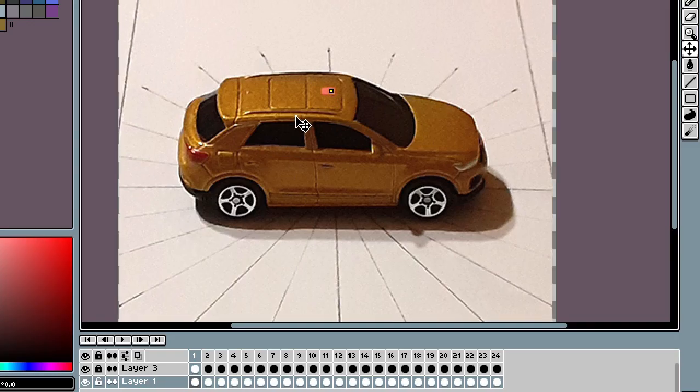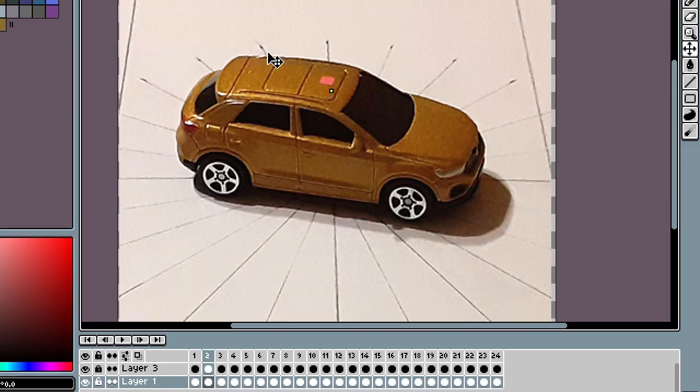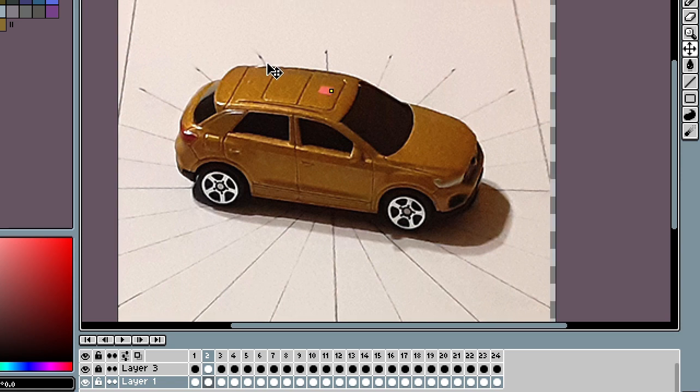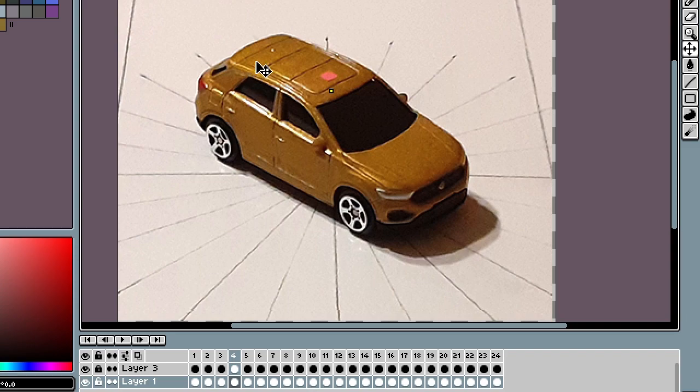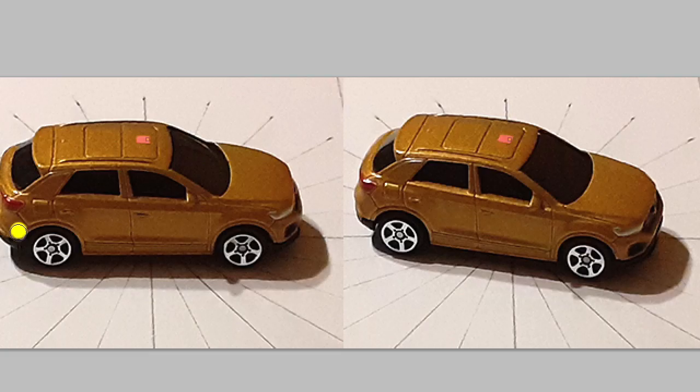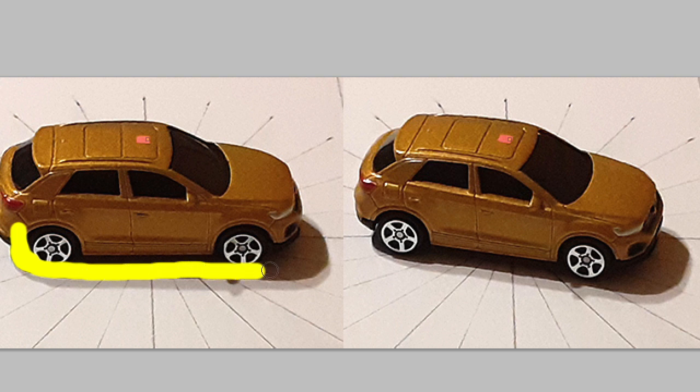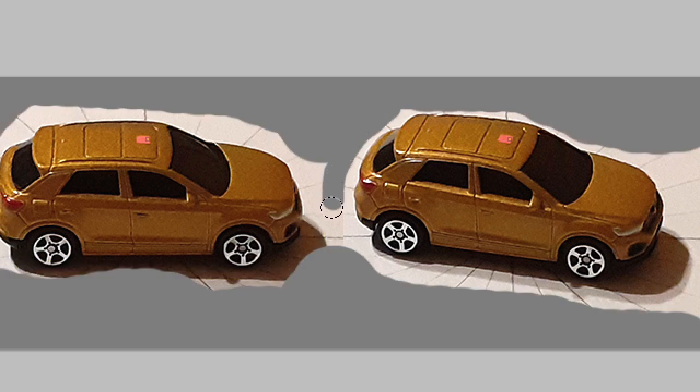The first thing we need to do with those pictures is to align them all by choosing a reference point. This marks the center of the car. Then we get to the really time-consuming part. We will fix any details, trace the shadow manually to make it translucent, and carefully remove all of the background.